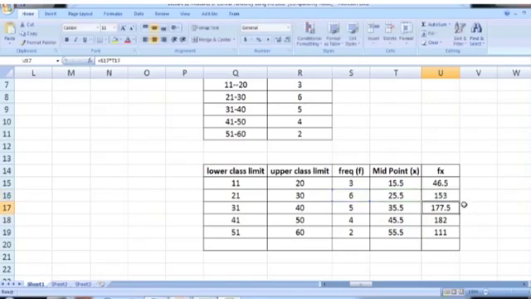This is how to calculate fx. In the last row we need to calculate summation f, which is the sum of frequencies, also called total frequency, and summation fx, the sum of the column which is the product of f and x. Label it as total.